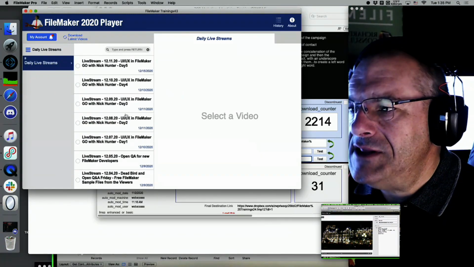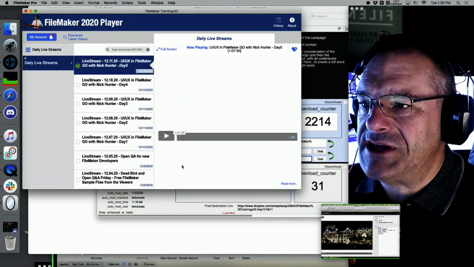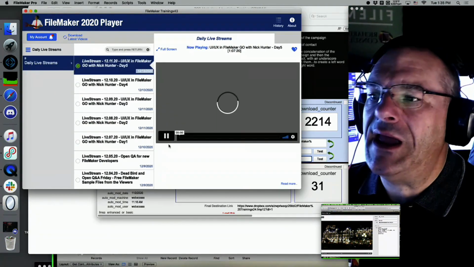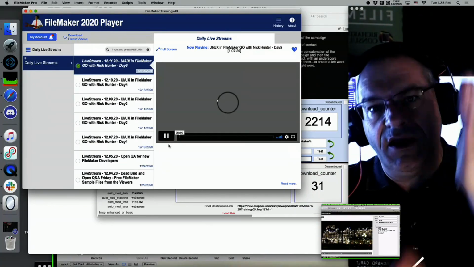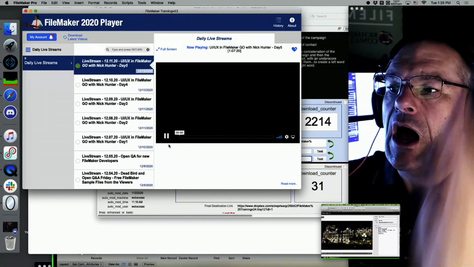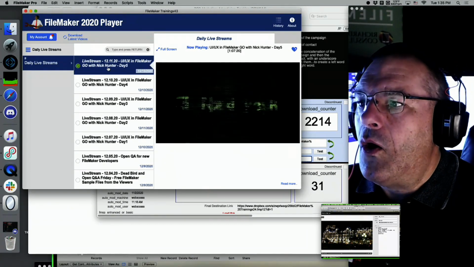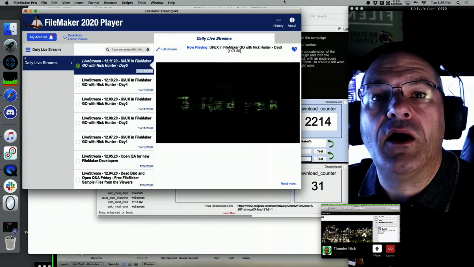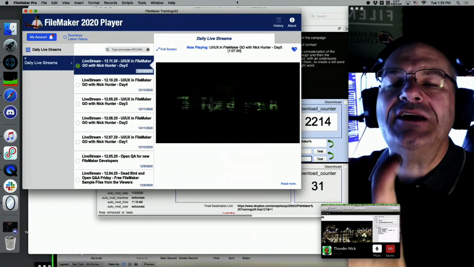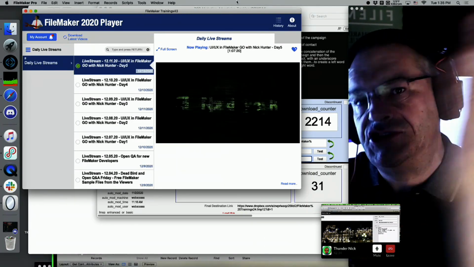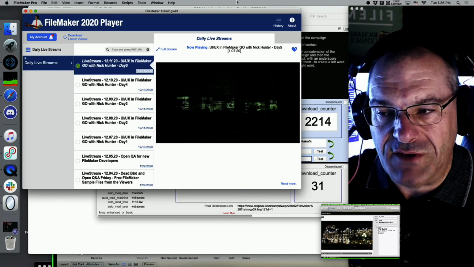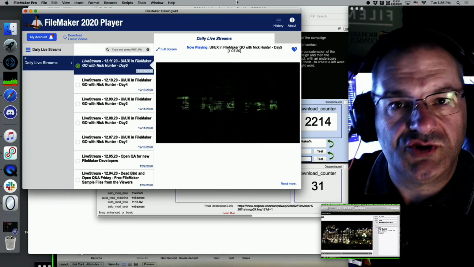So if I go over here, these are all records. This looks like a container, but this is a web link, and we're playing the video content, streaming it through a streaming service. I could, and I haven't built this in, optionally play it in here or press the button and have it pop into a browser window and play there. So that's how you solve video. You don't solve video by shoving the video into FileMaker unless you've got a small amount of short videos.